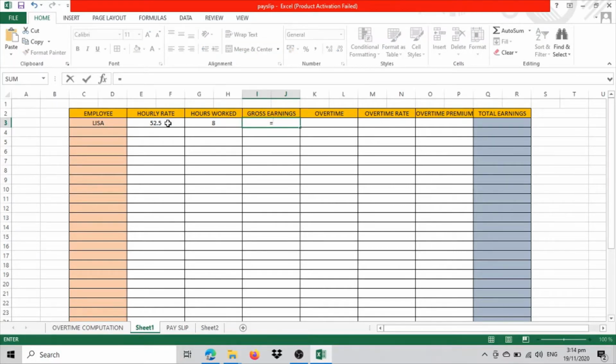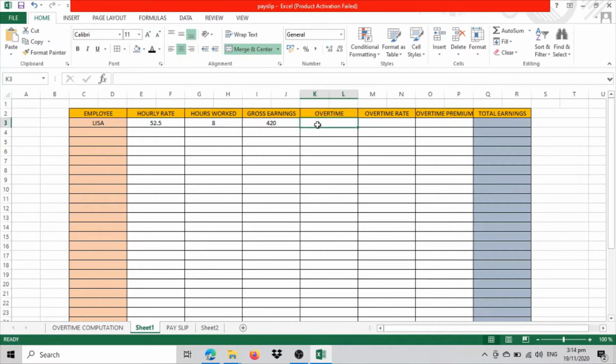Click the cell. Write this sign above number 8, or just simply look for it on your keyboard. Okay, so multiply and then select the hours worked. So we have 420 pesos. Next,